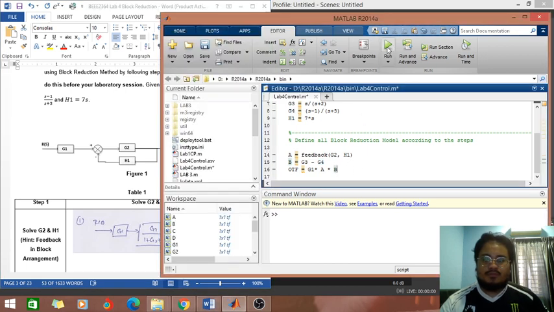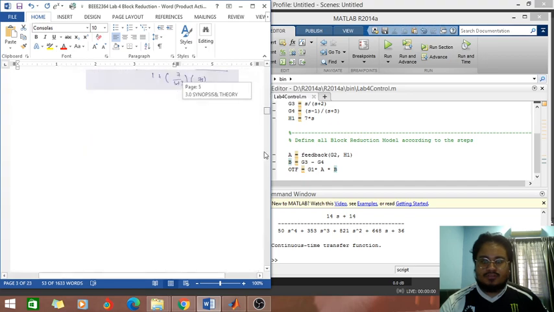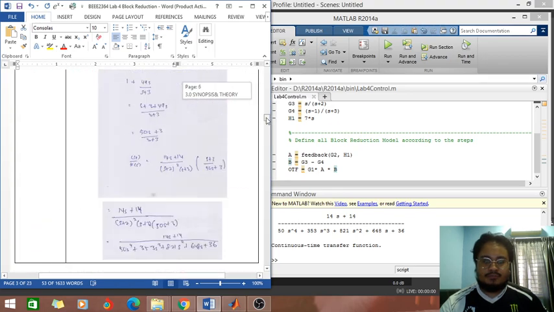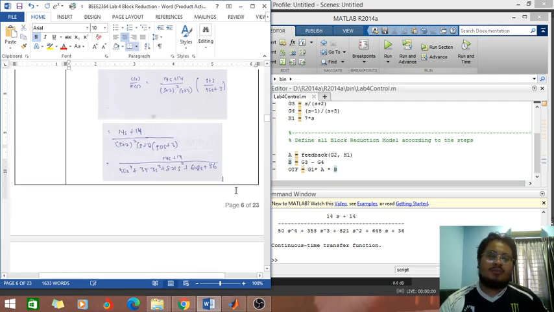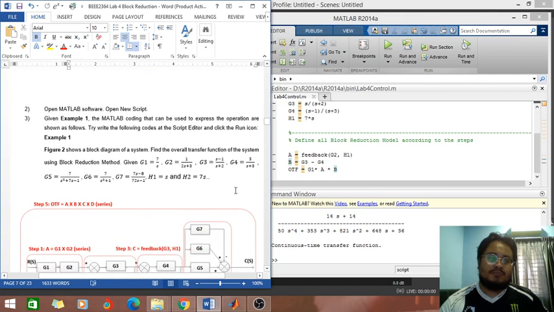So if we run the coding, we get the final answer, which is the same as the calculation. The final answer is here, 14s plus 14 over 50s^4 plus 353s^3 plus 821s^2 plus 648s plus 36. So the answer will be the same. And then we go to part 2, which is